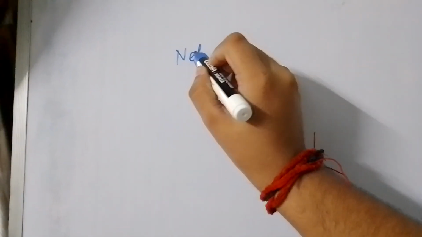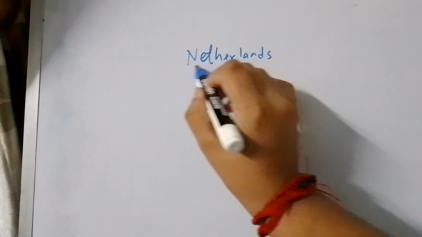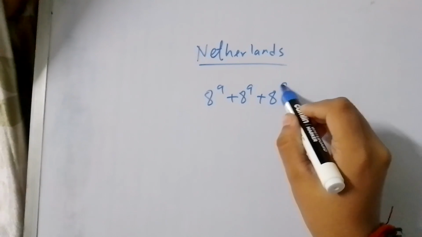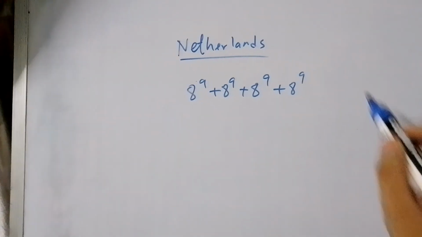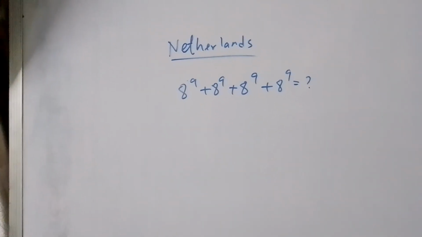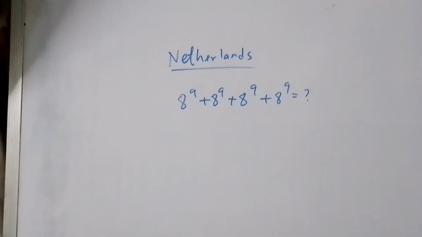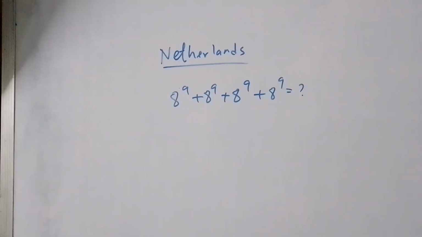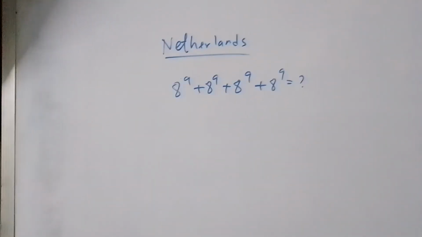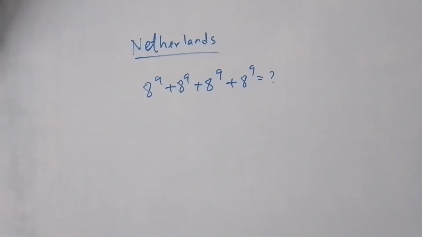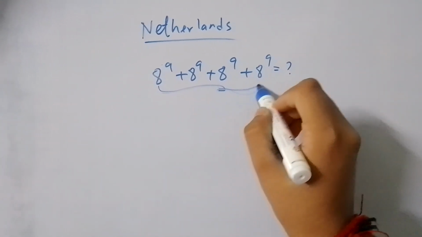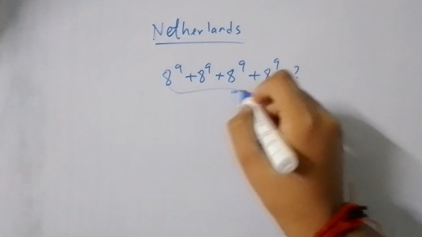Next is from the Netherlands. So they gave this question. Okay, you can say that you can use the previous left associative rule that I've told you, but there's no need over here because it's not a multiplication problem. So we know that we need to do the addition of all these 4 terms. So how many terms are there? There are 4 terms,